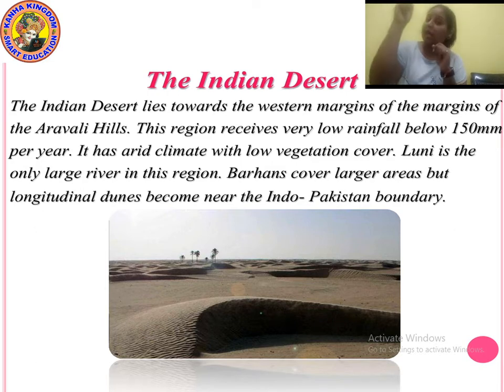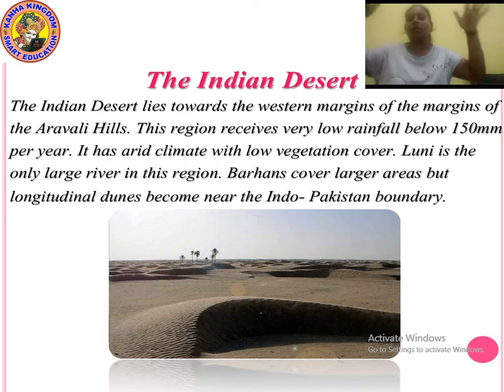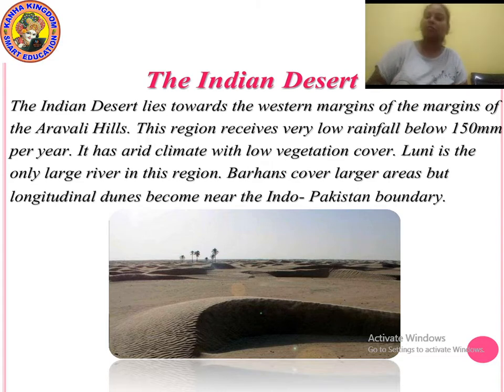Now, what are the Shivaliks? Shivaliks and the Lesser Himalayas we discussed with the Himalayan region. But here these dunes are usually created with a huge quantity of sand. It's just like small mountains, and it creates a sort of slopes, small mountains of sand, which create the boundary structure between India and Pakistan.